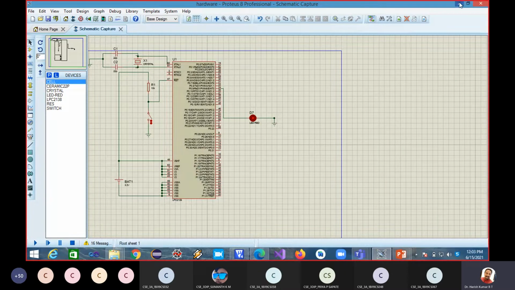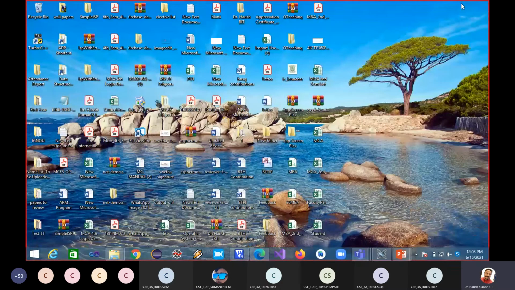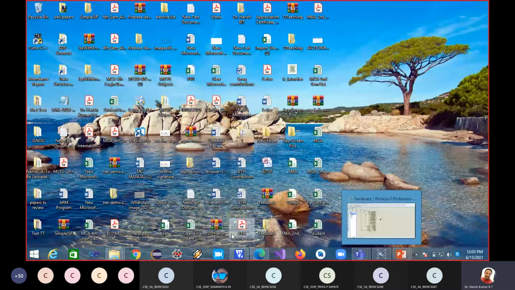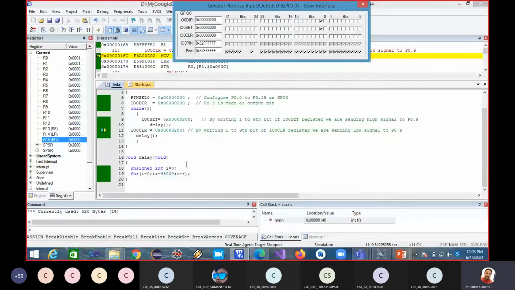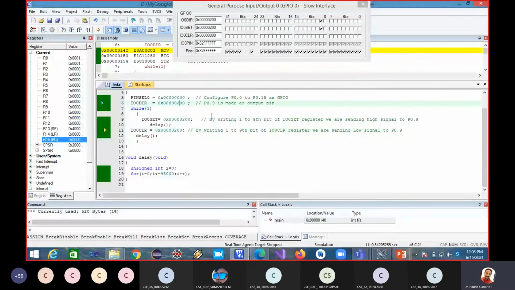Okay. Now, can you just tell me, say if I want to make two LEDs, say P0.9 I have connected one LED. Now P0.10 also I need to connect one more LED. What is it that I have to do? So first let us go and change our program. Tell me, I need to use P0.10 also. What is the data? So even P0.10 I have to make as what? Output pin. Now what is the data now? So this data will make only P0.9 as the what?